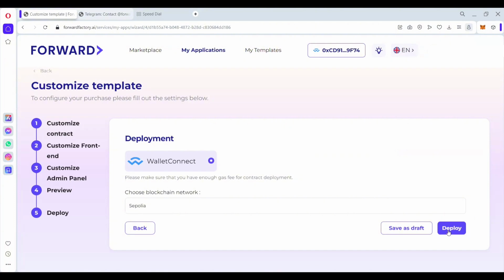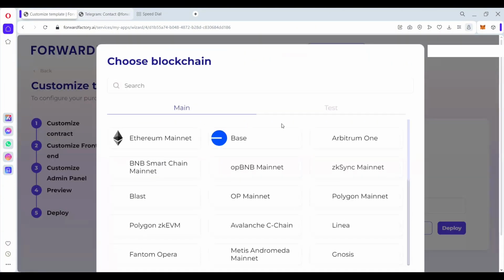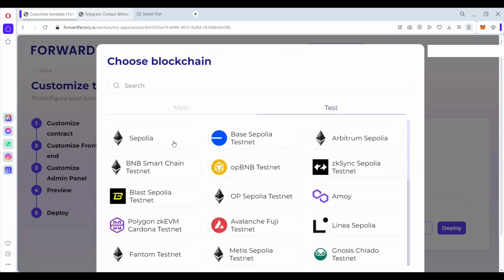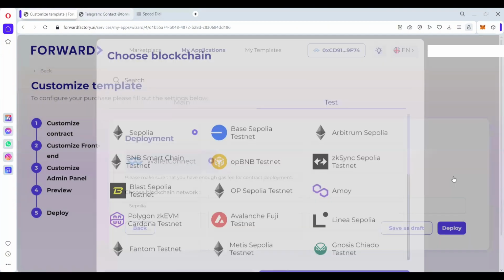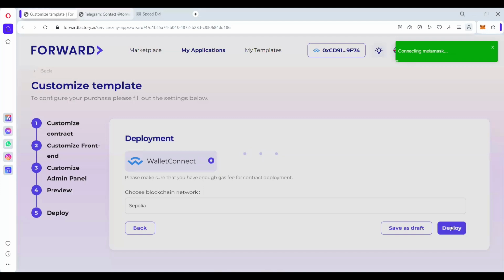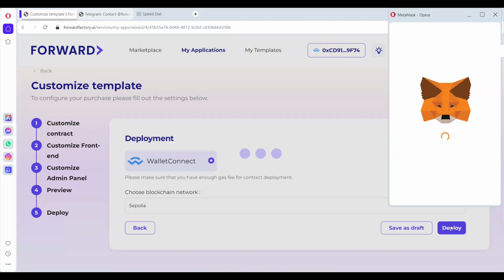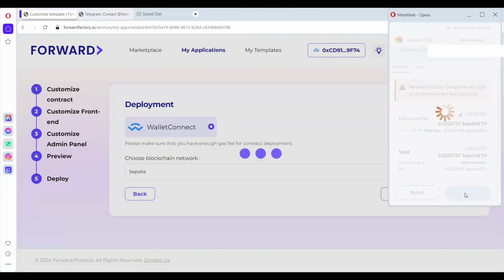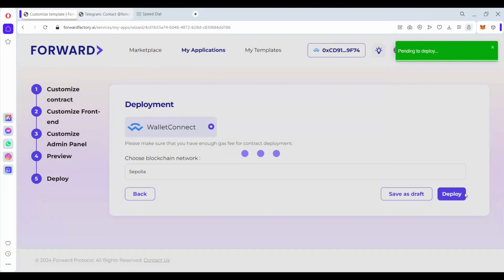Again, we choose our network. Since our wallet is already connected, we can just choose the network which we want to use. We're using testnet again, using the Sepolia network. And then once we have selected our network, we can go ahead and click deploy, and then it will reload. Again, it opens my MetaMask, and then I can see the transaction information and the gas fees, and then I can just click confirm if I agree with those transactions, and then it reloads again,